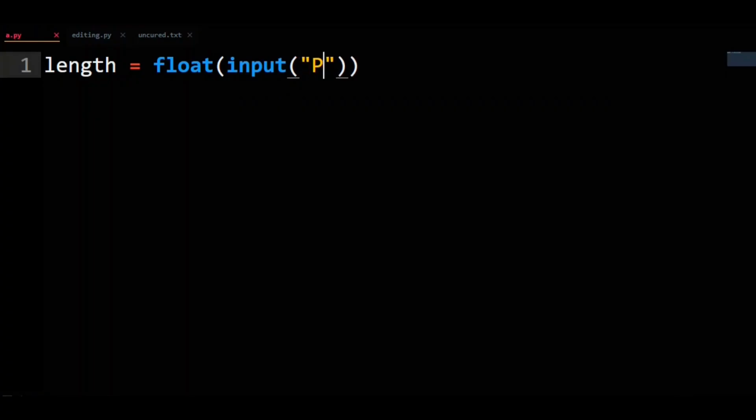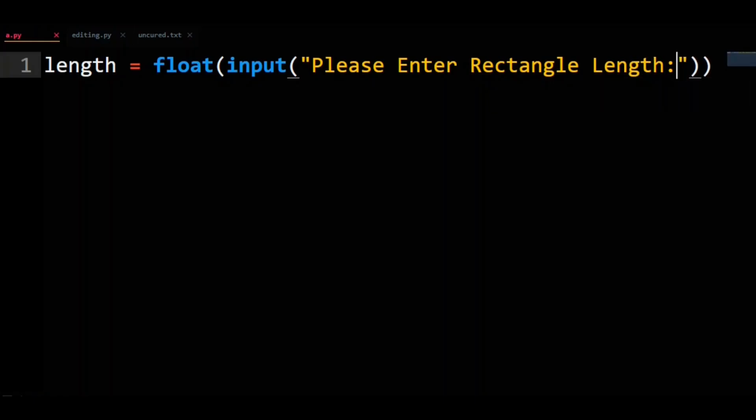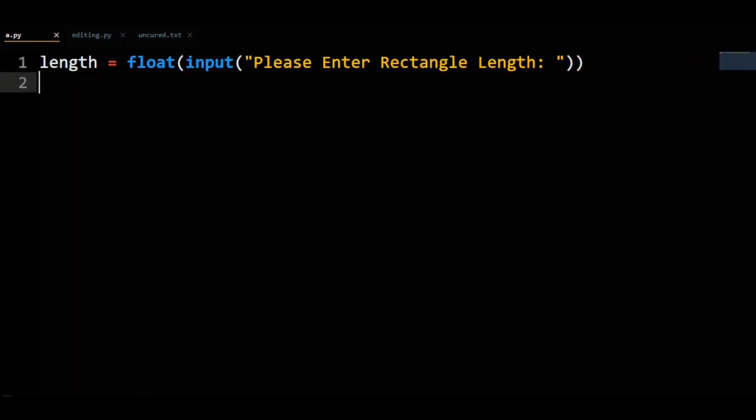string, please enter rectangle length, colon space. Width equals